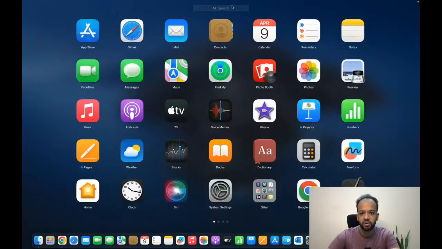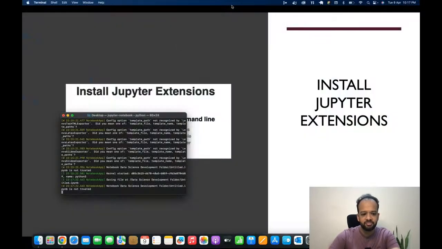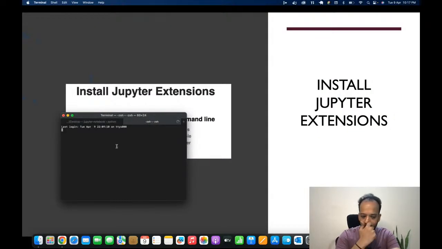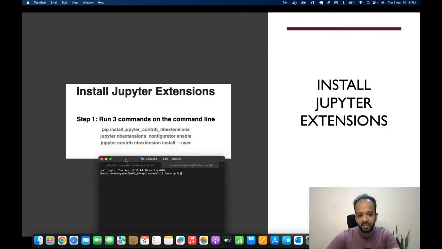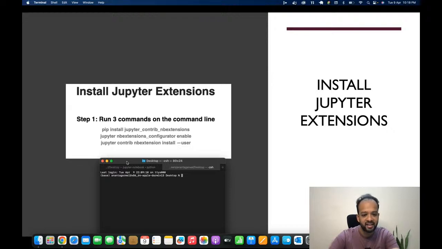Let me show you how to run it. Go to the terminal. In case of Windows, you will have a command prompt instead. That will be the name of the application. For Mac, it is just terminal. Type pip install. Remember, pip is the Python package index that we discussed last session. So we are trying to install something from pip, Jupyter